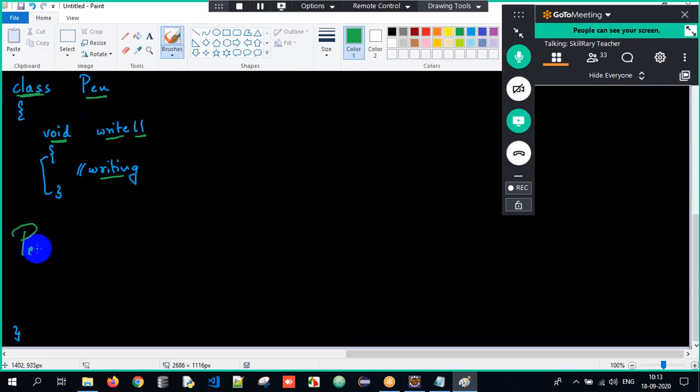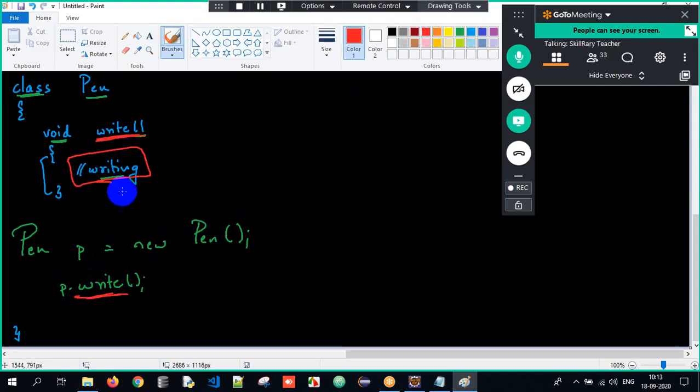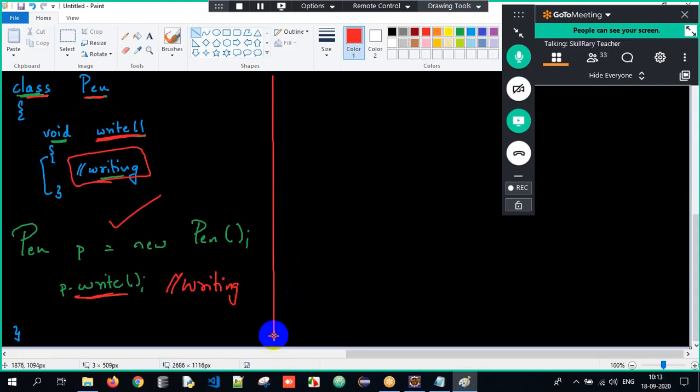I create an object, pen p equals new pen. And when I tell p dot write method, I will call the method, and writing is the implementation. I'll get the output as writing here. So this is a concrete class, and I can create an object successfully. Imagine